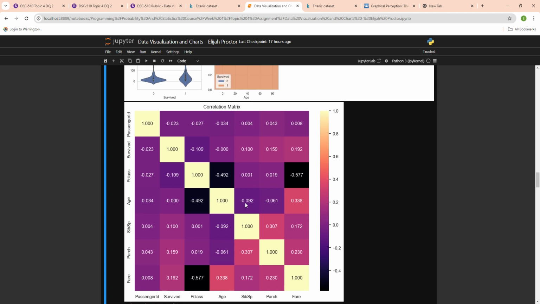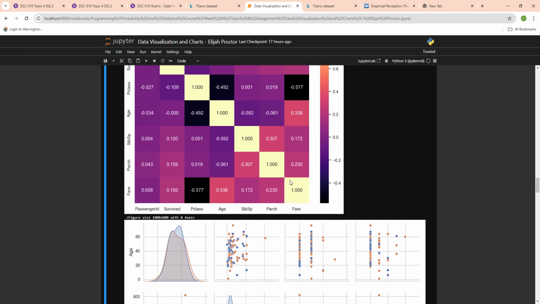Here we have our correlation matrix, our heat map for all of these variables within our data set. The thing that had the most relation that you can see is the age, and the ticket prices kind of had the biggest impact on the outcome of the wreckage, which is unfortunate. Basically, your socioeconomic status is what determines whether or not you would have survived or whether or not you would